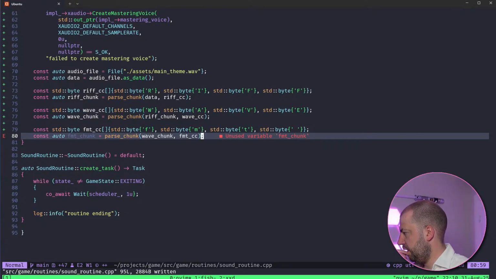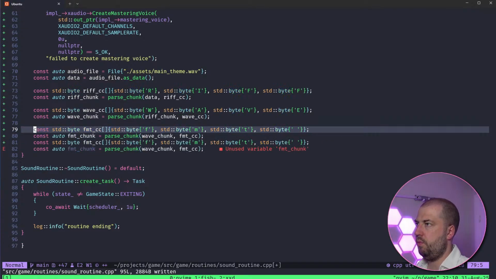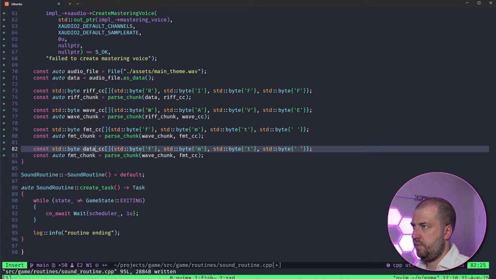And then finally, I want the data chunk. So is the data chunk also going to be in the WAV one, isn't it? And this is lowercase.